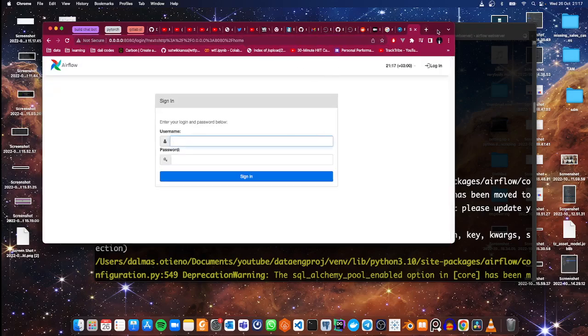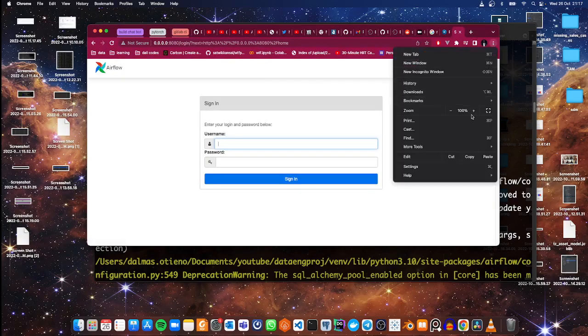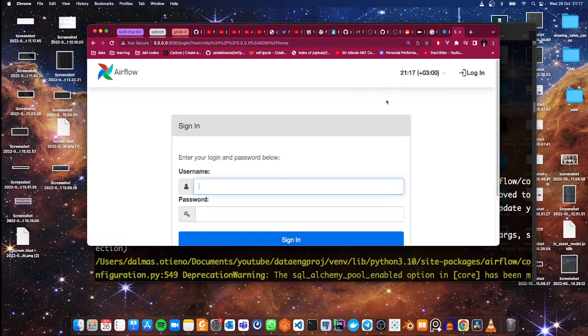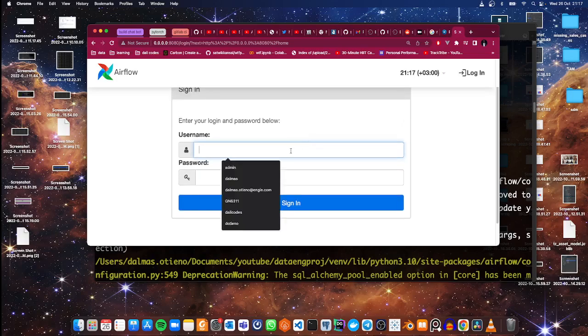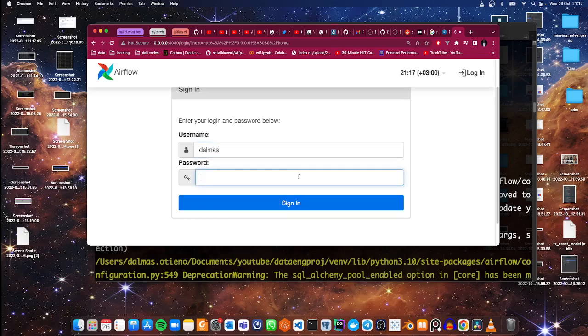Yeah, so we can see, let me just make this bigger, that Airflow is running, and it is telling us to log in. So I'm going to type in Dalmas. Remember the password? The password was Dalmas password. It was the password for Airflow that we created when we were creating the admin user on the terminal. So sign in,